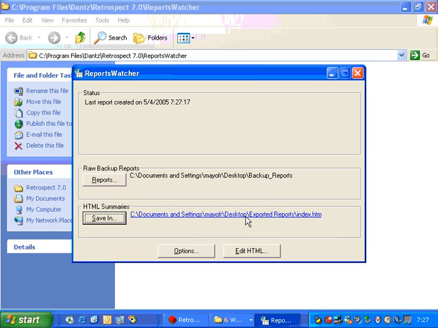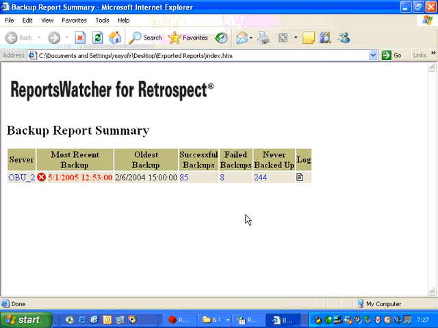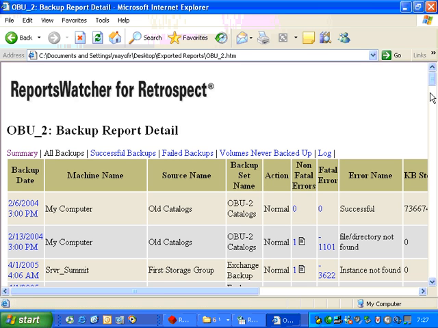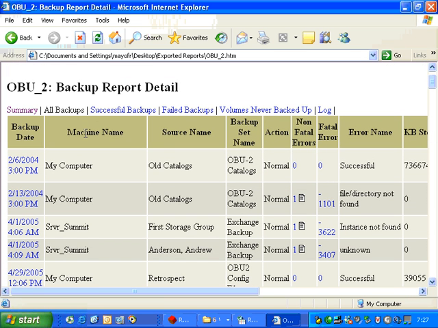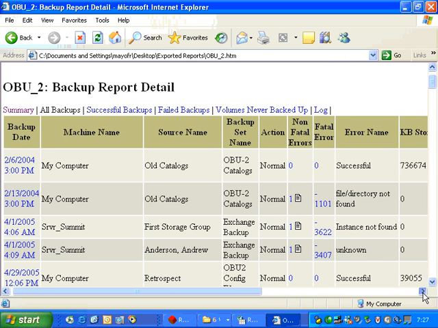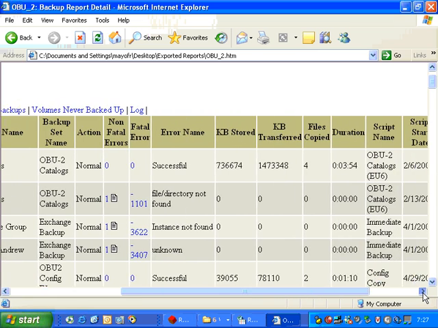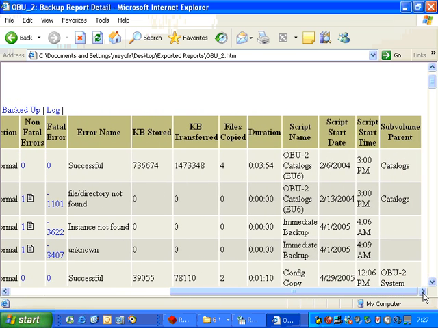Once it's saved, we can actually go ahead and click on this link, and then it'll open up the HTML that got created. And then we can look by going to the button here, and it will show us our complete backup report history. It tells us the machine name that was backed up, the source, the backup set name, the action, whether there were fatal errors or non-fatal errors, an error name, amount stored, amount transferred, number of files copied, the duration, the script name, the start time, the stop time,